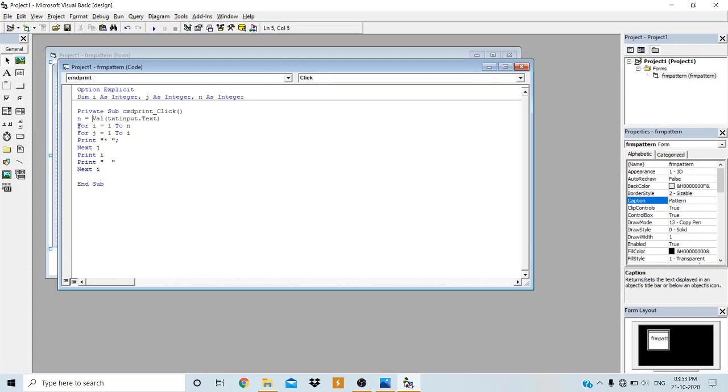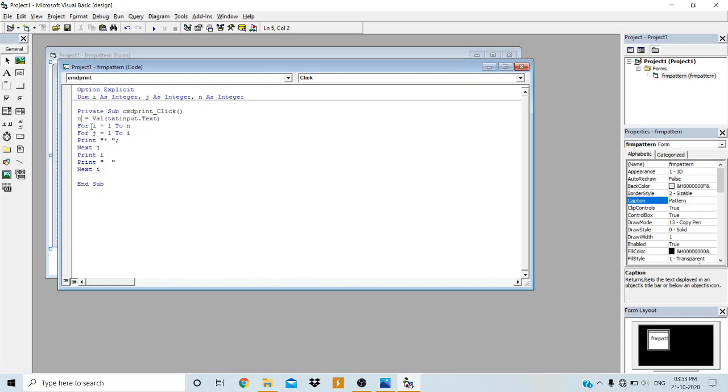Then the for loop will continue for I equal to 1. Initially, what is the value of I? I is initialized to 1, and it will check whether the I value is within the range 1 to n. What is the value of n? Just assume that we have provided the number 3 as the input in the text box, so n will be equal to 3.